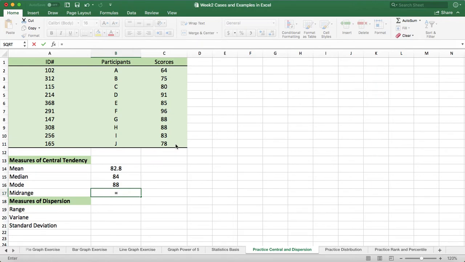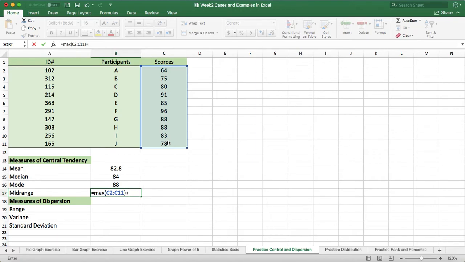For this data set, we can pick the highest value by our eyes. We just glance at the data and we know it's 69. But in Excel, we have a function to find the highest data in a data set. This is max. So find the highest value in a data set